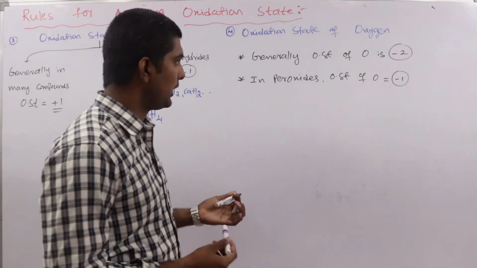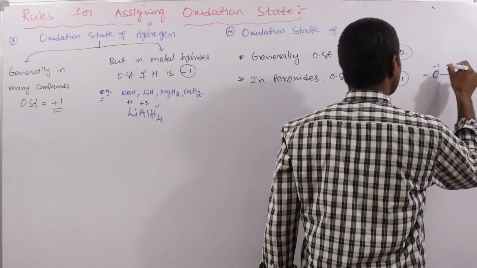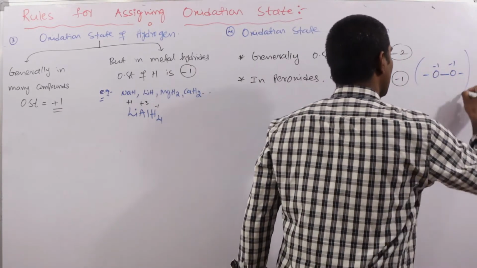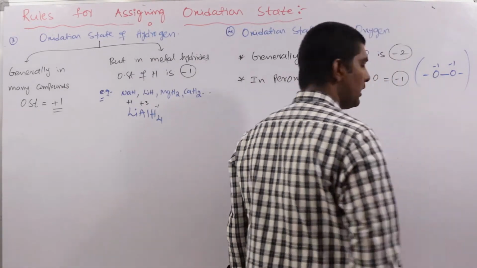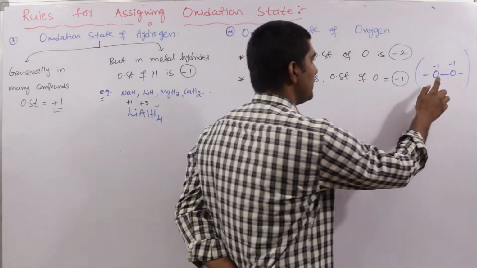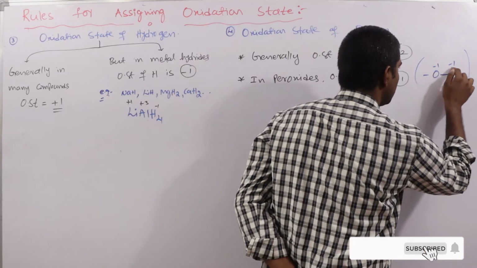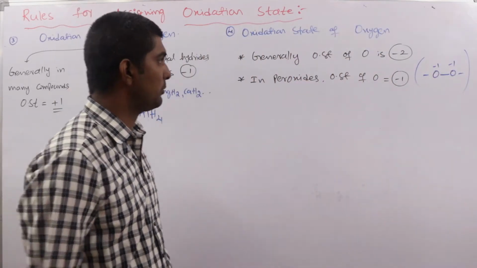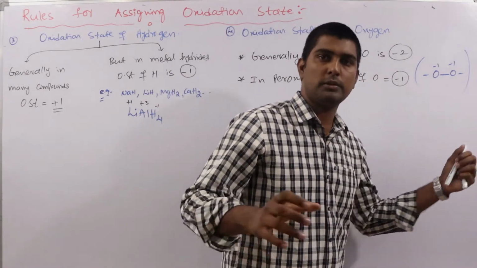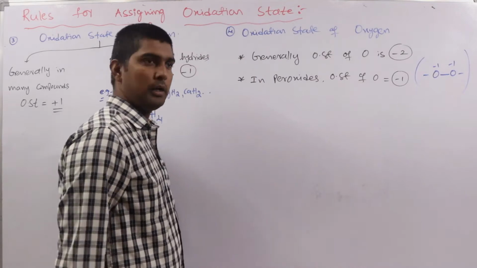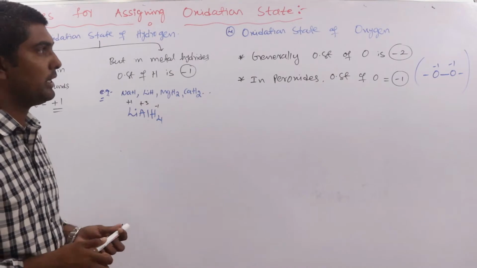What is peroxide? If a single bond is present between oxygen and oxygen, and oxygen carries -1 charge or -1 oxidation state, this bond is called a peroxy bond. A single bond between two oxygen atoms, and -1 charge must be present on the oxygen, then only that bond is considered a peroxy bond. We have two special molecules that we discuss here. Clear? So in the peroxide, oxidation state of oxygen is equal to -1.